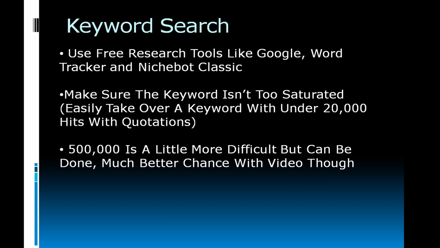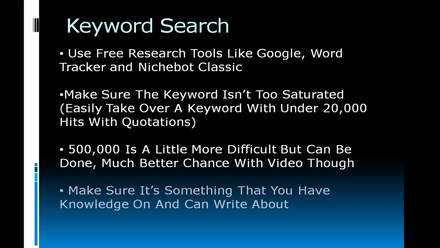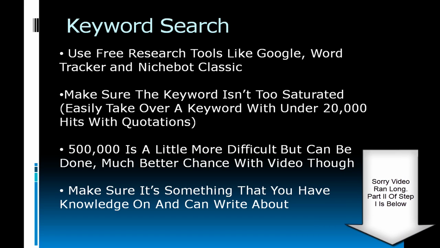500,000, like I said, is much more difficult. Can be done better with video. And make sure it's something that you have knowledge of and that you can write about. That's very important. You don't want to pick something that you don't have knowledge about. And if you don't have knowledge on a certain subject, make sure you do your research. Again, this industry is about taking action, and the people who do that are the ones who have success. So if you don't know something,